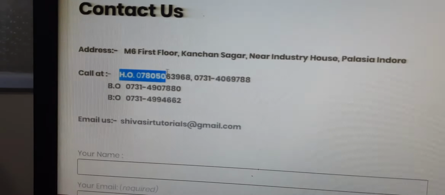We also cover modern technologies such as data science, machine learning, AI, and blockchain programming in our content. If you want to join any software training course in online or offline mode, you can register online or call on this number. This is our contact number and contact details.